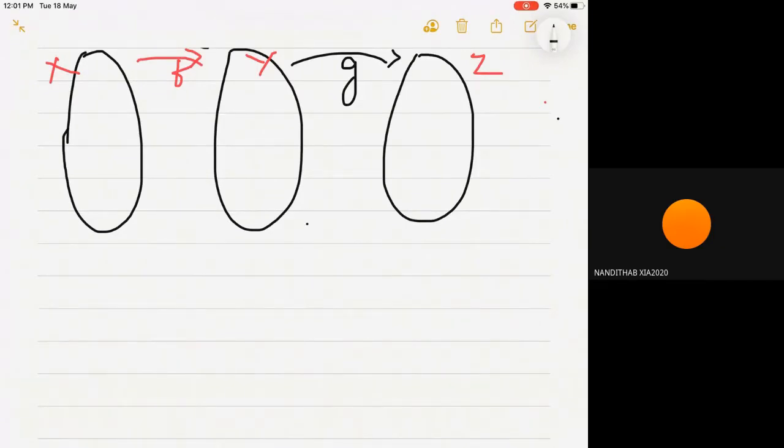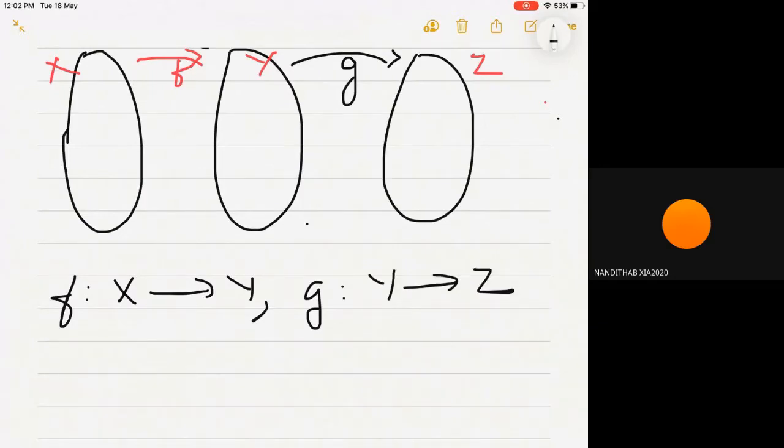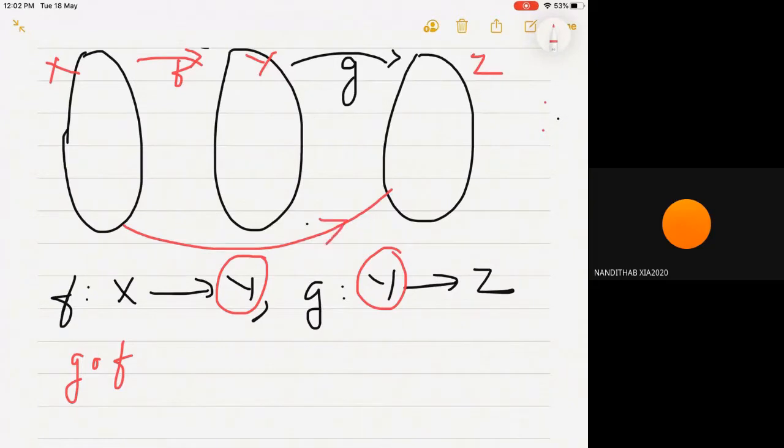F is a function defined from X to Y, and G is defined from Y to the set Z. You just notice that the restriction given here is that the codomain of F is the same as the domain of G. Then the composition of the function, which is denoted by G dot F, is defined. G dot F is defined from X to Z,